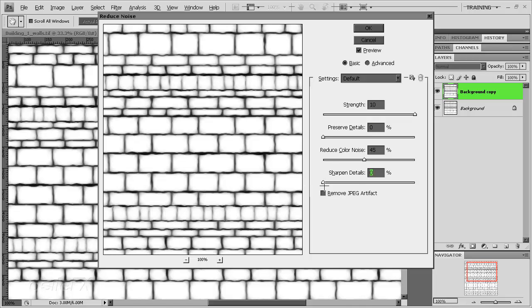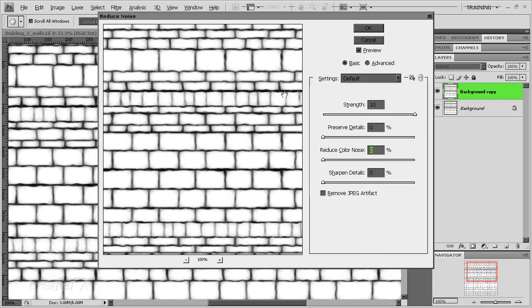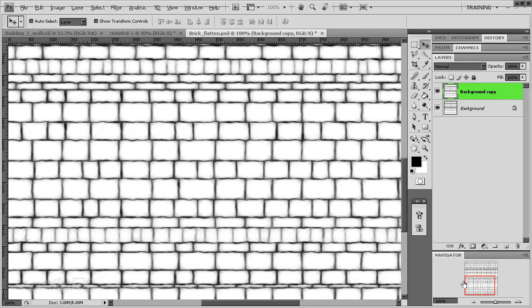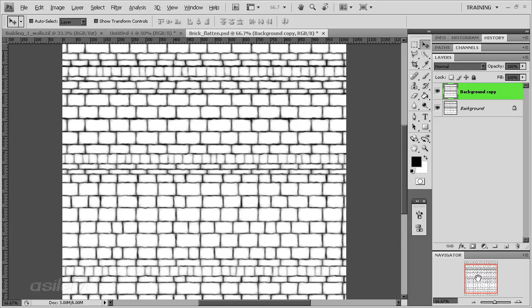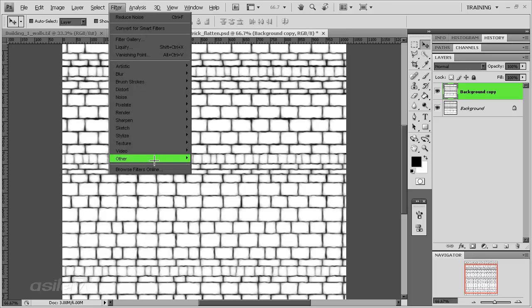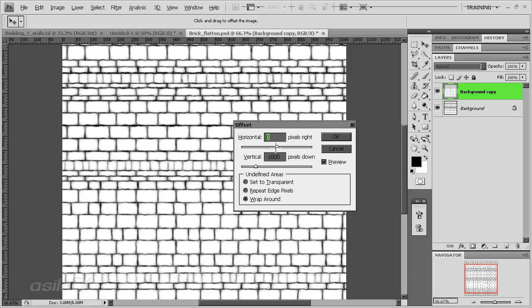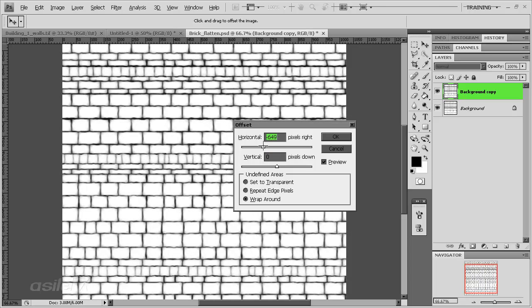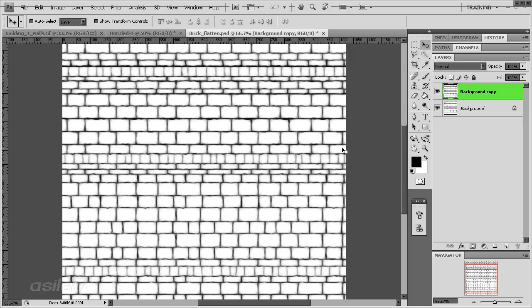And I also want to turn off the sharpen details. We can turn off reduce color noise, but that's really going to help. So we can click OK. Now using these two filters can sometimes cause problems if you have basically a vertical line, in this case right on the edge, and that might cause it to no longer be seamless. So we'll go ahead and take a look using the offset filter, and we can see a little bit of a seam. There is a way to prevent that from happening,